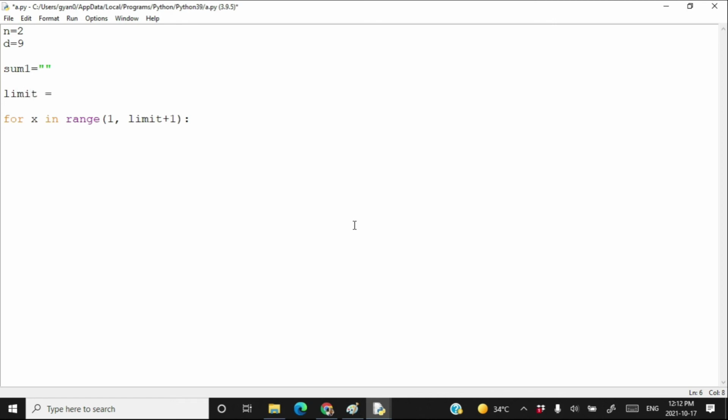Limit is equal to int input, enter number of terms. So that many terms will be printed. For x in range 1 comma limit plus 1, what you have to do? You have to calculate sum1 is equal to sum1 plus str n plus,